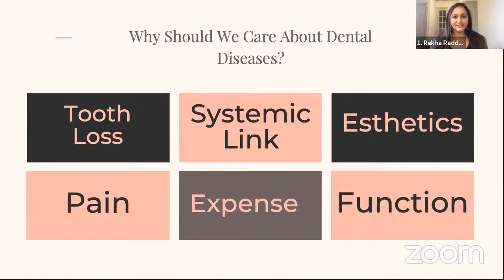We've learned that there's a systemic link between dental diseases, cardiovascular disease, heart disease, diabetes, rheumatoid arthritis, etc. Obviously, aesthetics. Everybody wants to look beautiful forever now, so we want our teeth to also be young and beautiful. Pain. Nobody wants to be in pain, and for whatever reason, God created us with teeth that have so many nerves that any kind of issue with your teeth is so painful,